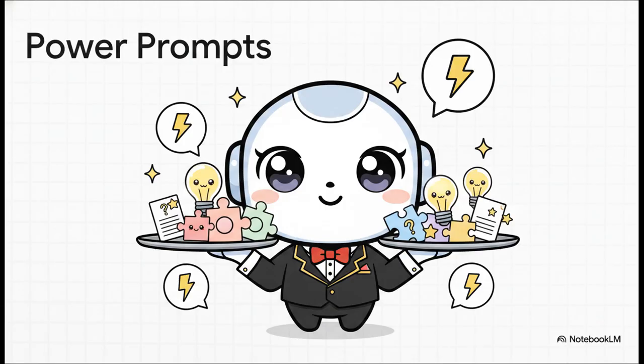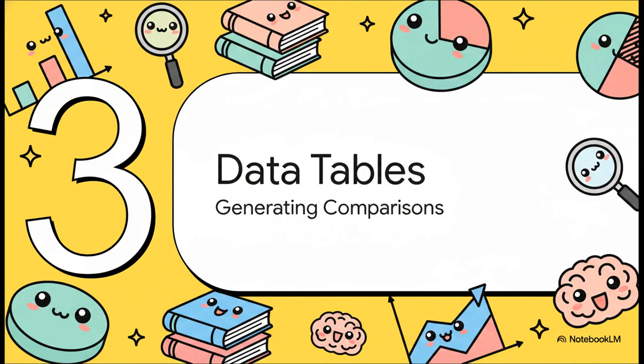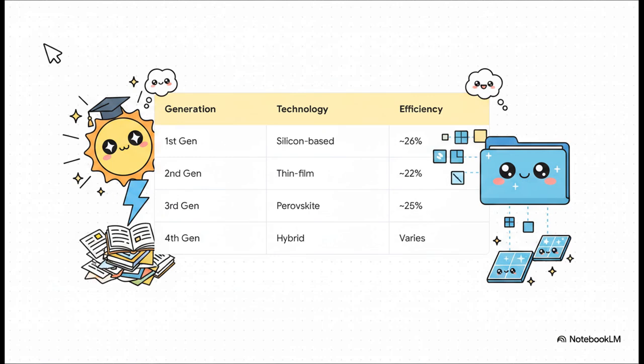basically organize itself. All right, Section 3, Generating Comparative Data Tables. This builds into my absolute favorite way to visualize dense numeric literature. One of the absolute most annoying things about reading dozens of papers is trying to figure out how all their tiny, specific data points actually fit together. But by clicking the data table option and just describing what you want, the AI does the heavy lifting for